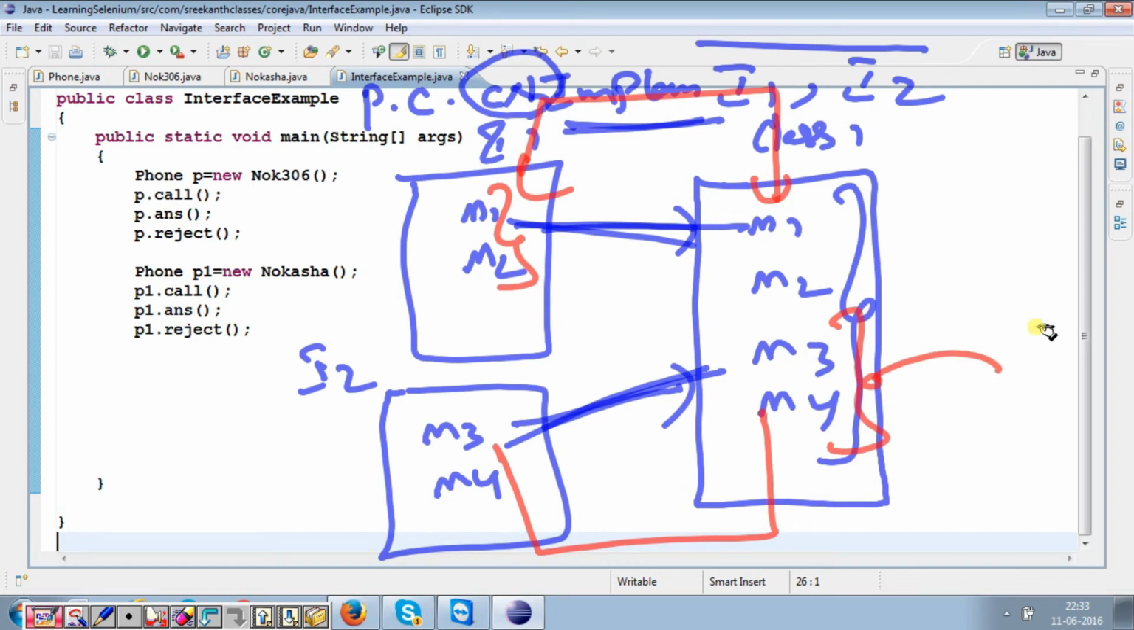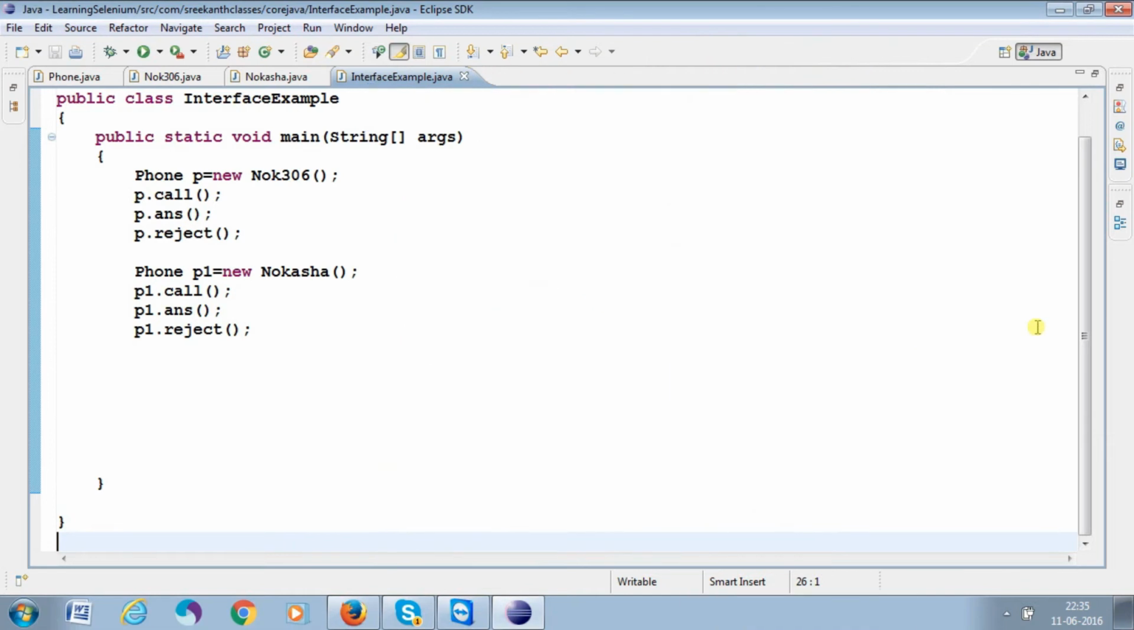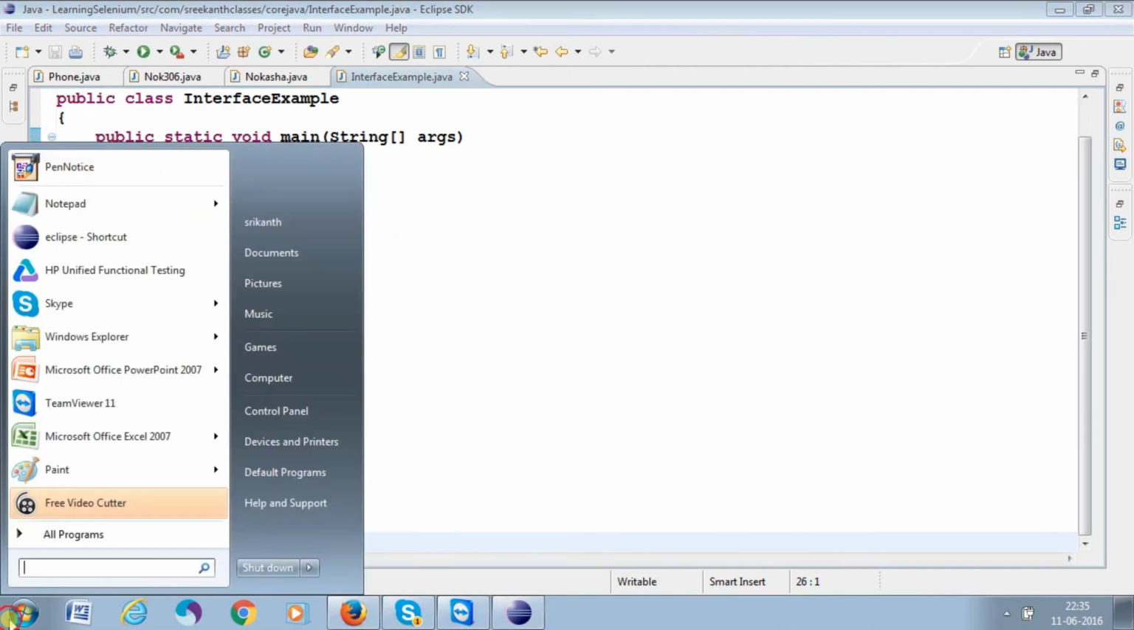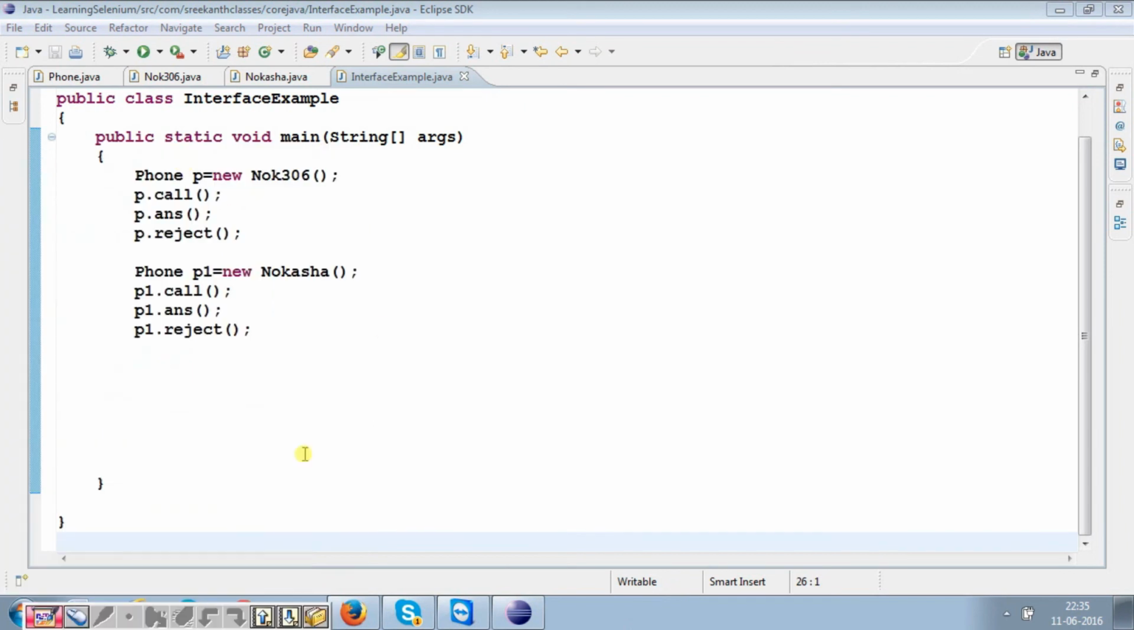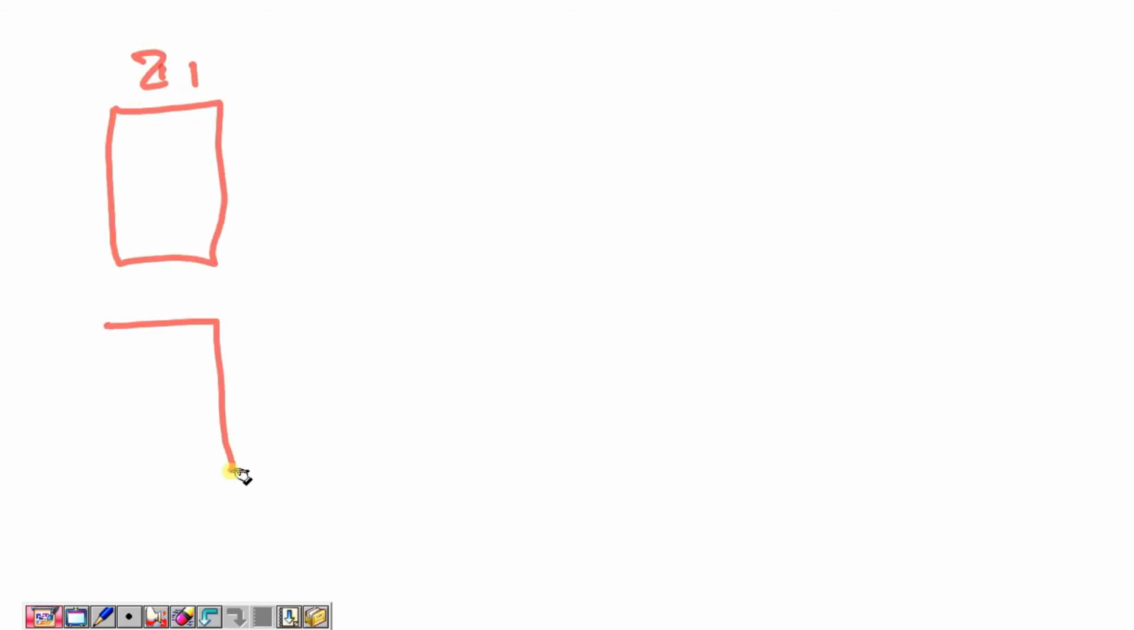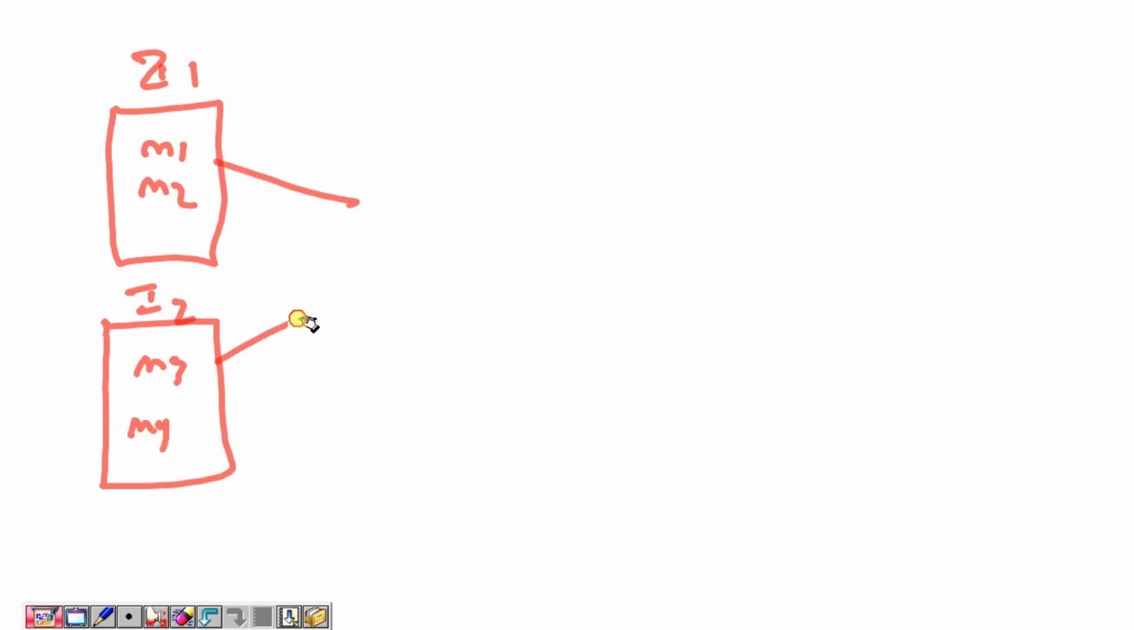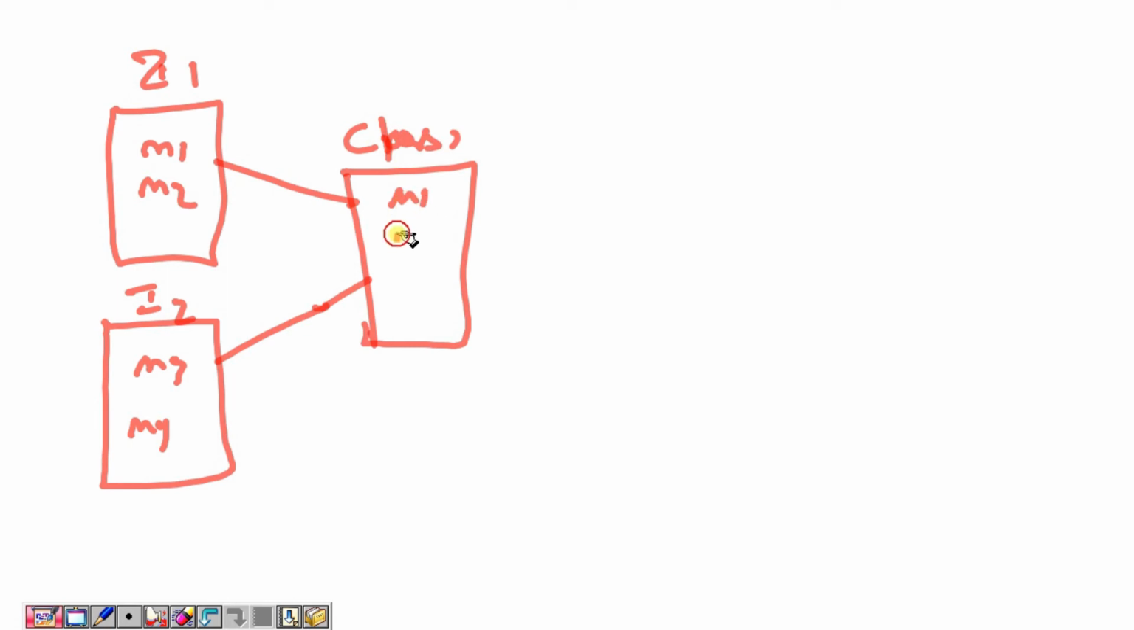For example, I can go here. This is an interface, right? This is interface I1. This is interface I2. Method 1 is there, method 2 is there, method 3 is there, method 4 is there. These two interfaces you are implementing in one class, Class 1. So M1, M2, M3, M4. This is the part. But if you want to access these methods,